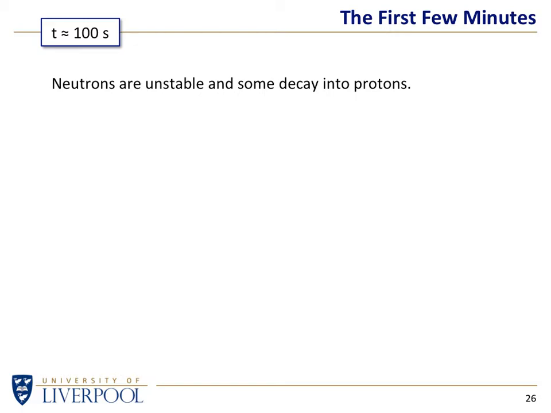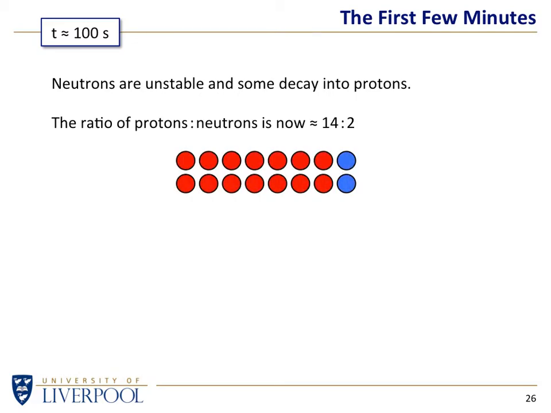Just like this laser pointer wants to fall, but I'm stopping it. If I let it go, that laser pointer will fall. If you take a neutron away from any other influence, that neutron will change into a proton. So neutrons, we call it unstable. We call it radioactive decay. The neutron will change, or decay, into a proton. So the ratio changes, of these representative 16 objects that I'm showing, now we have 14 protons and 2 neutrons. That's the ratio that we have because some of the blue have changed into red.